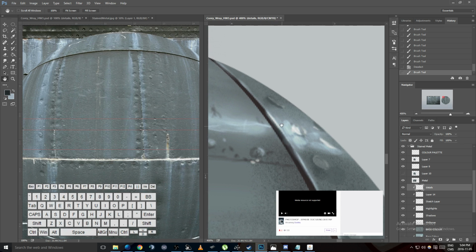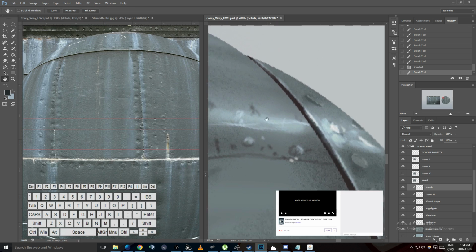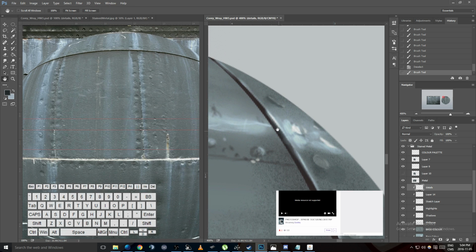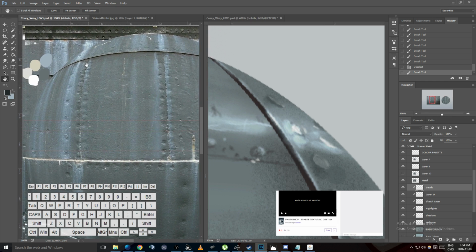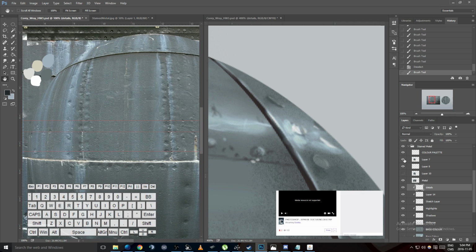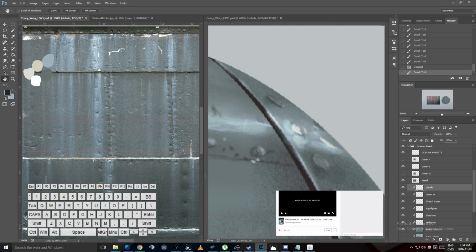All right. And if you notice, since this part here is lit up, this part is going to be a little bit brighter as well, as you can see in the picture. And then here is, you know, actually it might be easier to do the actual metal. See how